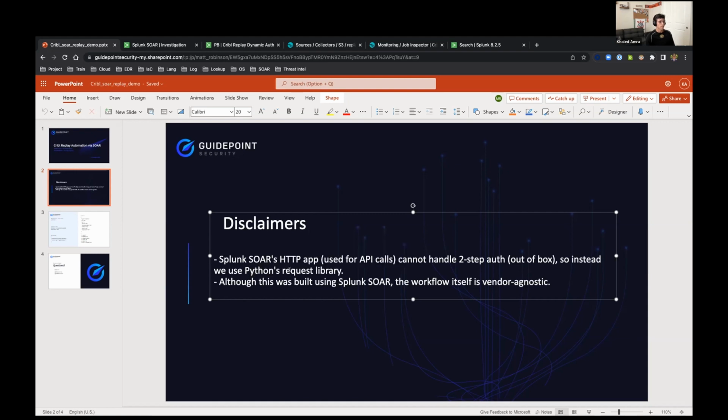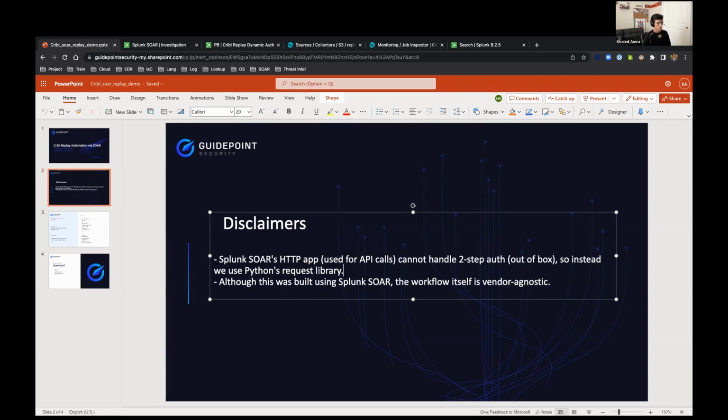In production, that could be configuring or modifying the HTTP app to handle the two-step auth, or getting that first auth token and then creating an asset on the fly. But SOARs like Tines and XSOAR do handle that natively, so if you use one of those, you don't have to worry about that.